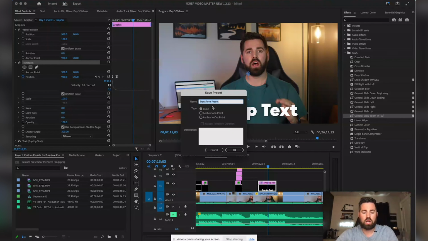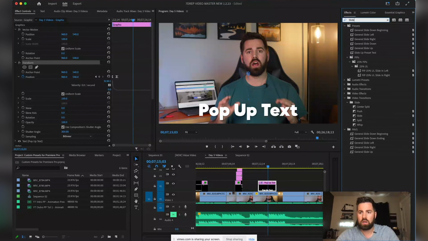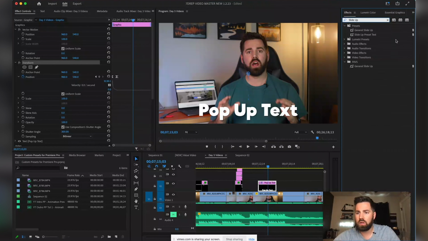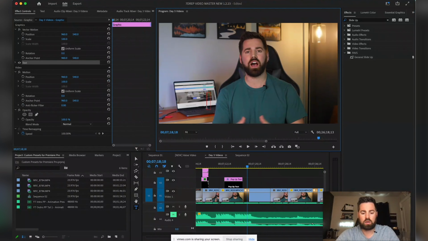It's going to come up here. You can name it whatever you want. Slide up preset test. You can keep it under scale. You don't have to do any descriptions or anything, and you press OK. So now you have a text animation preset saved as slide. If we go here, slide up preset test is right here, right? So if I have another text that I want to put, test